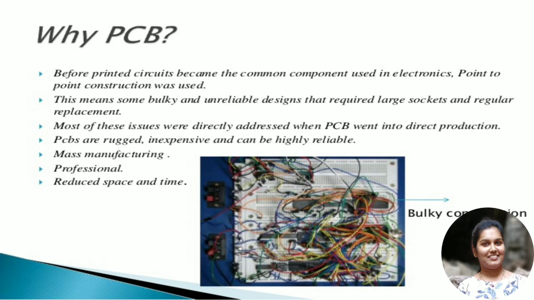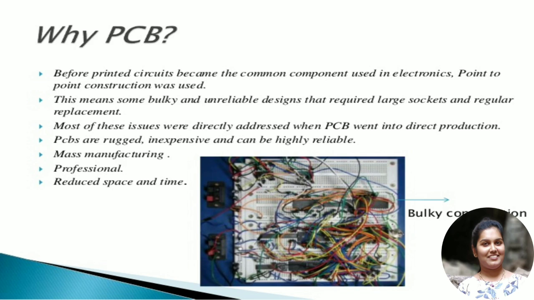Before printed circuit boards became the common component used in electronics, point-to-point construction was used. As you can see on the screen, a small circuit is connected with n number of wires.